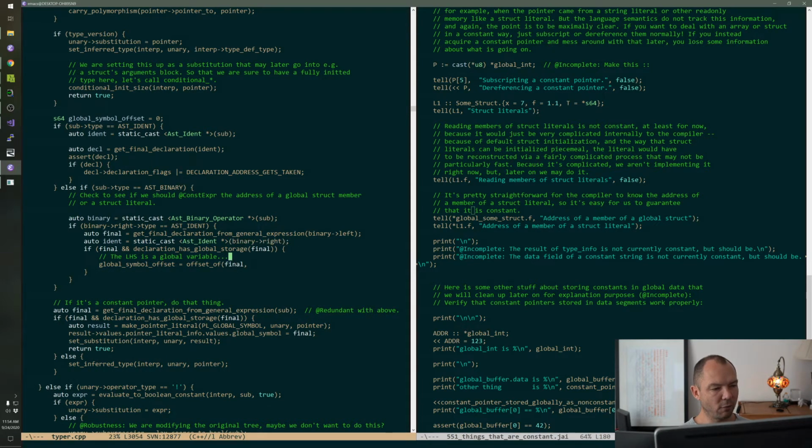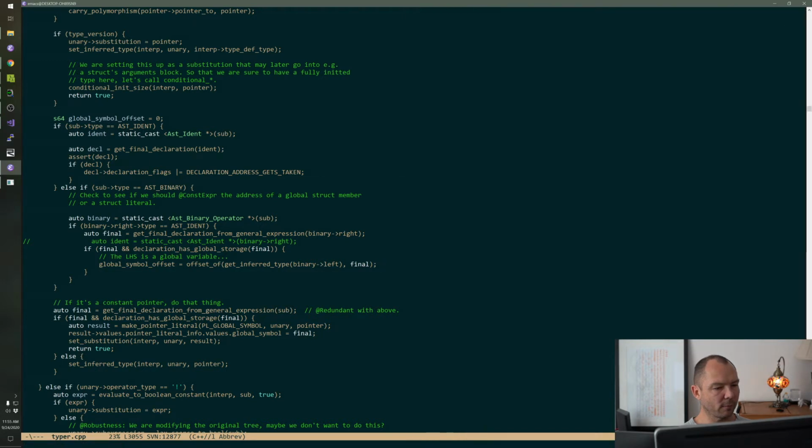Okay, so we have an identifier and we have a declaration on the left. Actually, no. What am I doing? Okay, we're going to do that. We're going to get the offset of, all right.